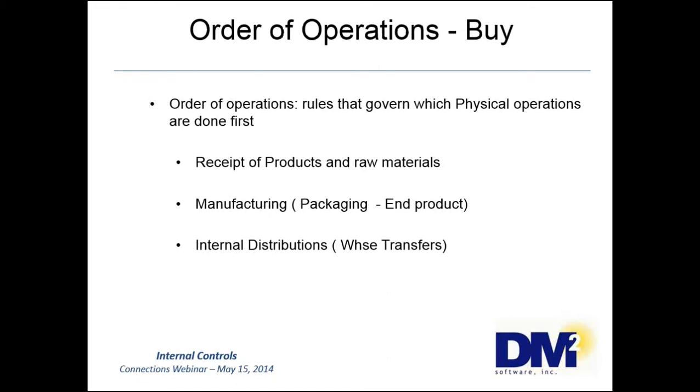Using the proper order of operations, any pre-sale transaction should be processed in your inventory and completed before you process the sale of the item. For example, receive the finished product or the raw materials. If you do manufacturing or repackaging, enter the repackaging or the manufacturing entries first to make the finished product. Finally, if you transfer the product to another warehouse before it's sold, process your internal transfers before you sell the product. Following these simple rules allows you to have the correct cost, quantity, and availability in the correct inventory item and the correct warehouse before your sales occur.